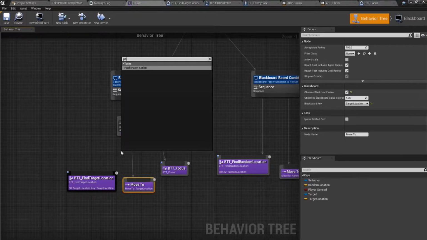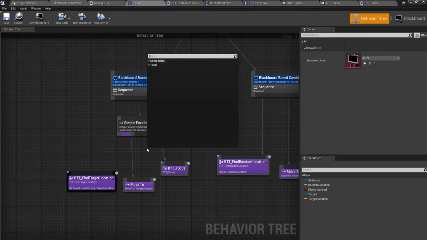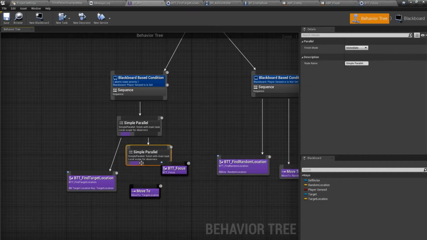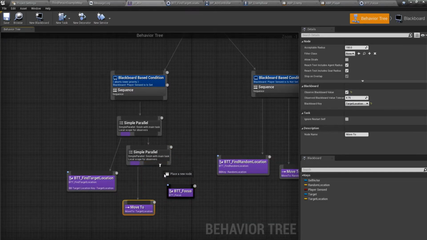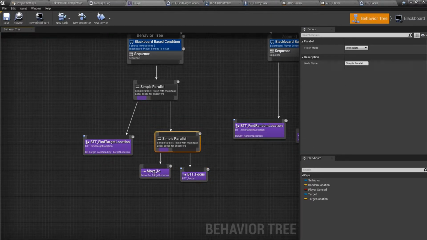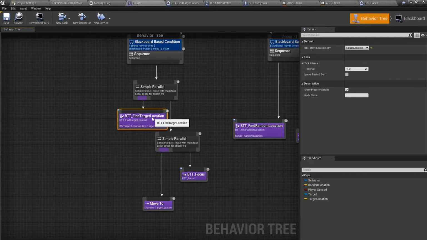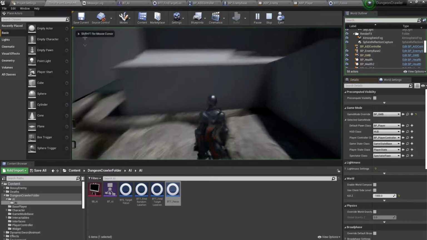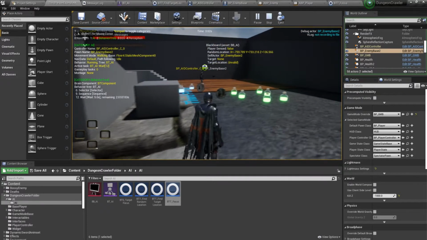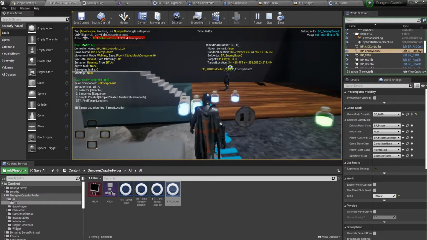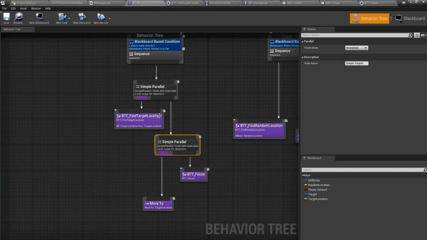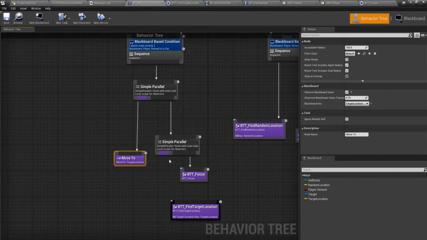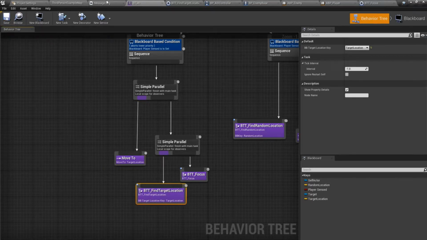Let's do this with, I cannot do it with a simple parallel, right? Yeah, so the main task is the find target location, this one, and then we can have it from here like this. So do this and do this as well, just like that. So let's see how that is, and I'll explain you what. Yeah, right. So what should happen is this move to is the main, find target location is secondary,